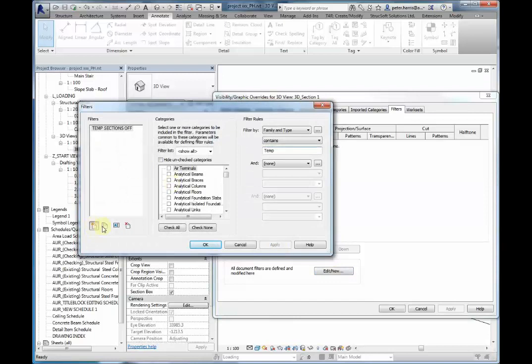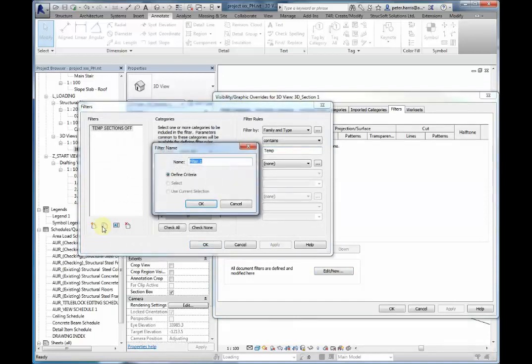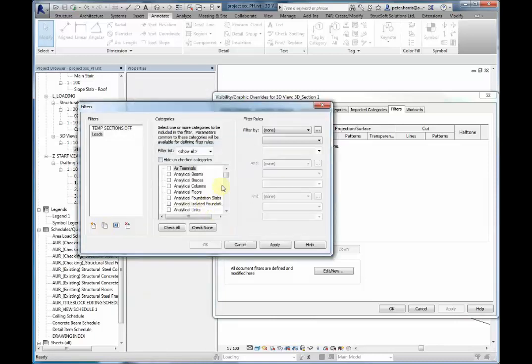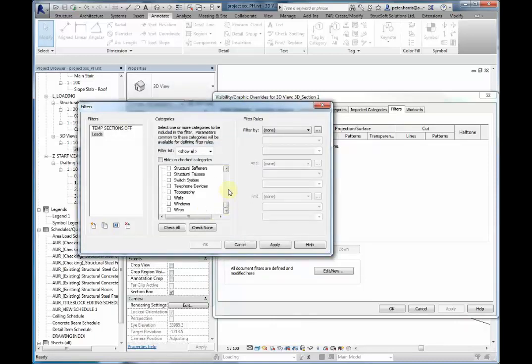In this case, let's call this loads. Scrolling down our list to where we've got structural loads, branching out, area and line, and point if we were using point. At the moment we've got a work set called loading, so we'll use work set equal to loading and OK,